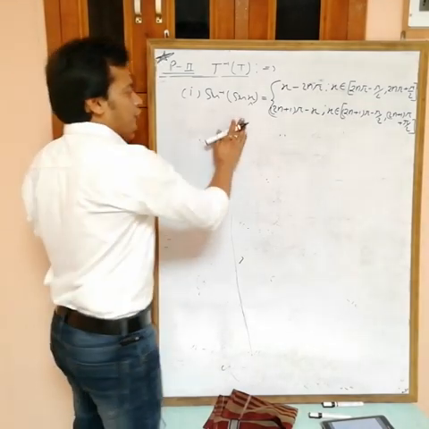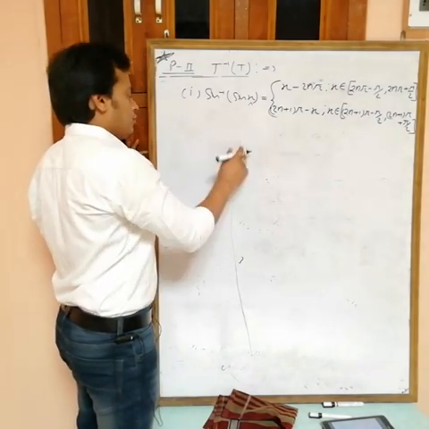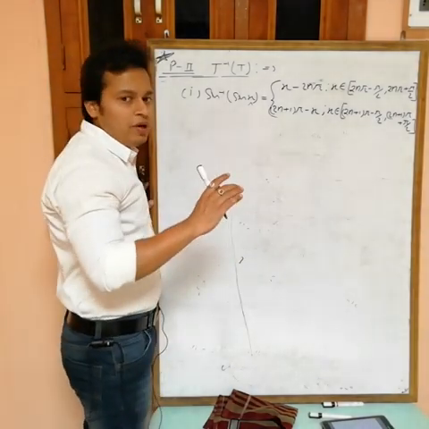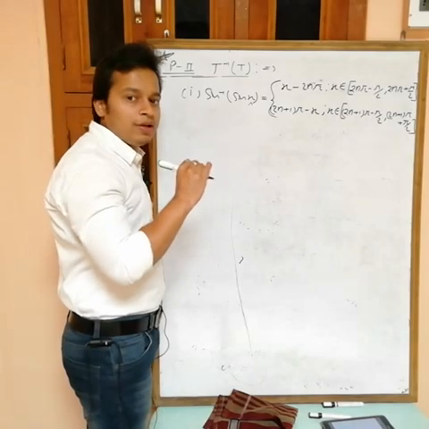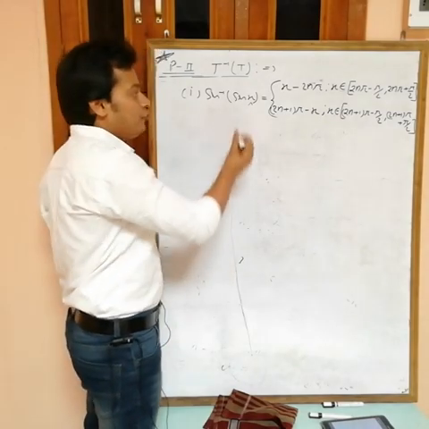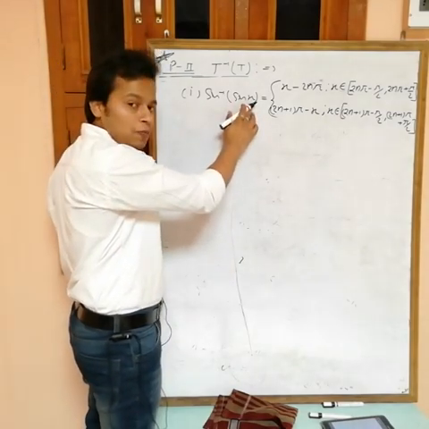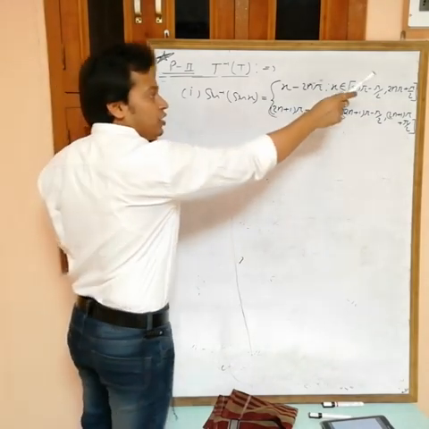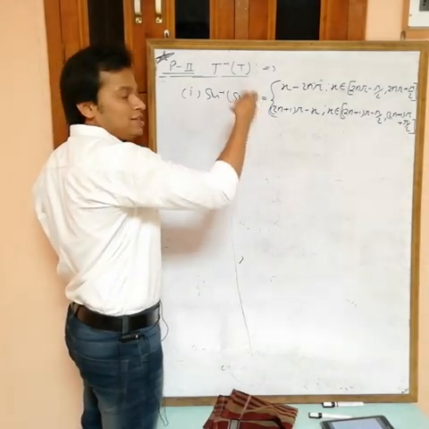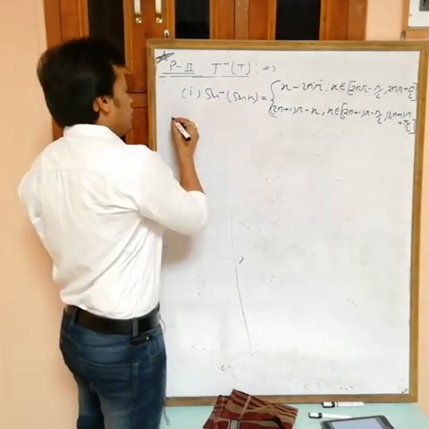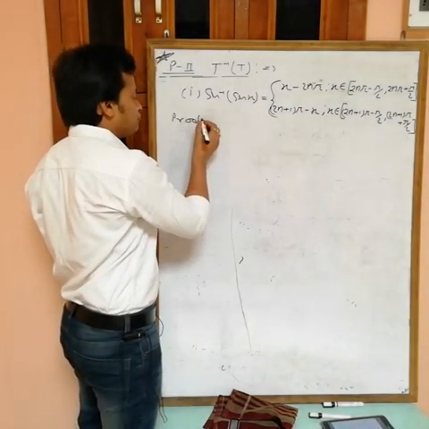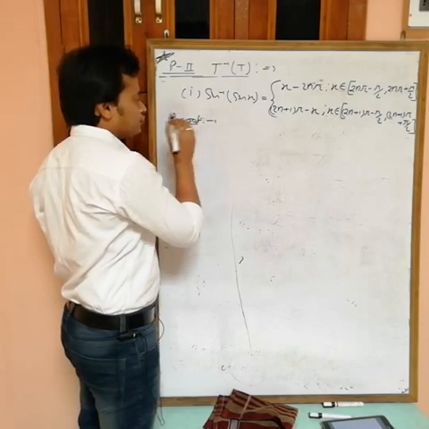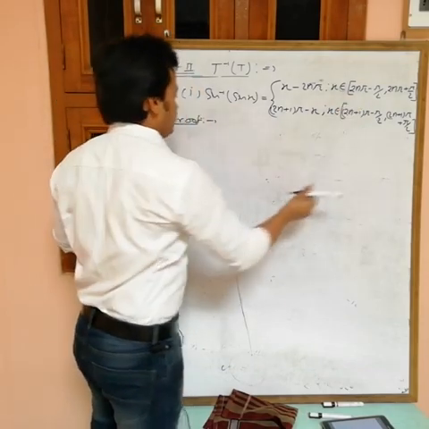Suppose you want the proof for this one. Okay, I am doing the proof, but remember at the end you have to remember the formula in this way: if x is near to an odd multiple of pi, then the value is that odd pi minus x. If near to an even multiple of pi, then the answer is x minus that even multiple of pi. Now suppose you want the proof. First I am taking this case.